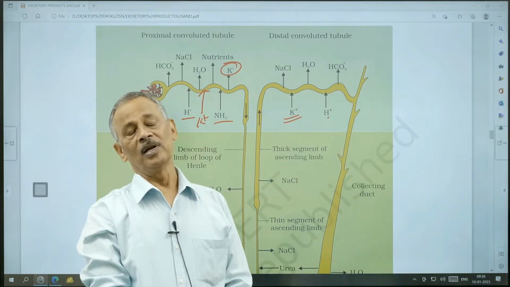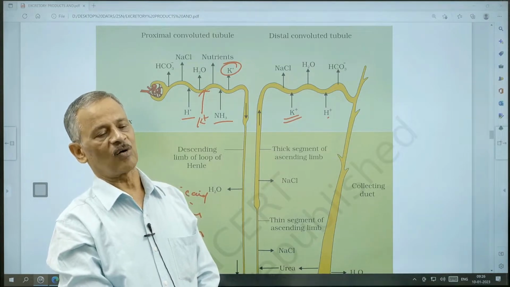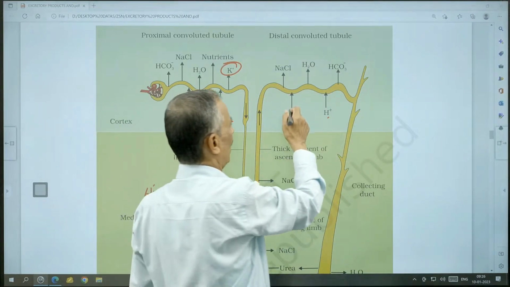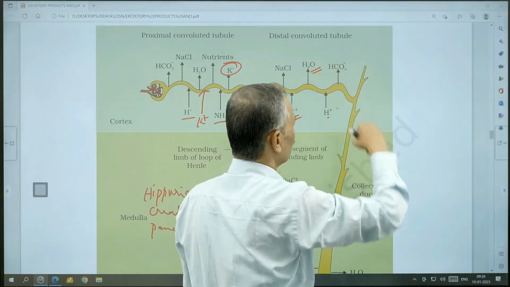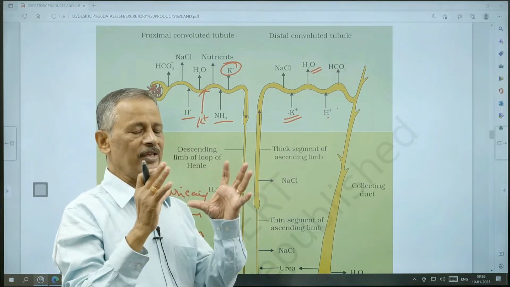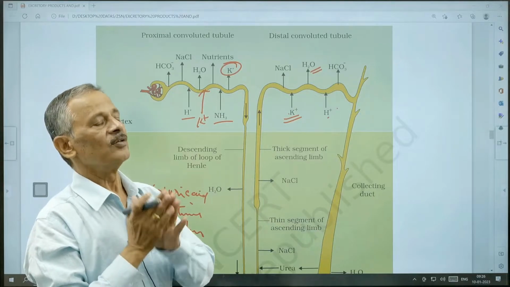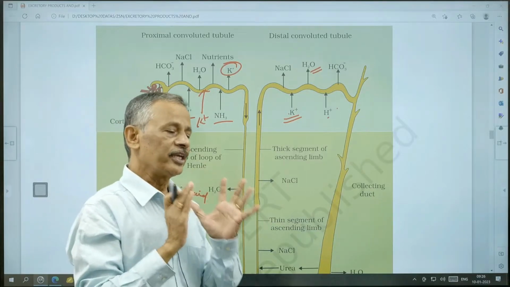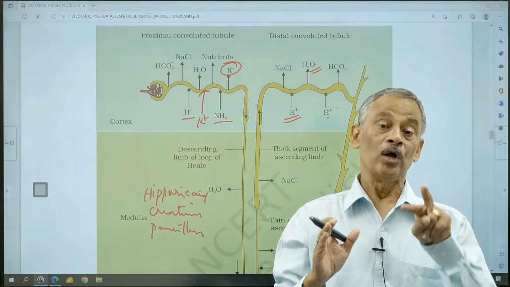to variable levels so as to maintain the pH of the body. So ionic balance and pH balance are maintained. Water is also absorbed, thereby maintaining a constant and steady water level. Okay, so the kidney is not only helping in sending out nitrogenous waste material, but also is helping in